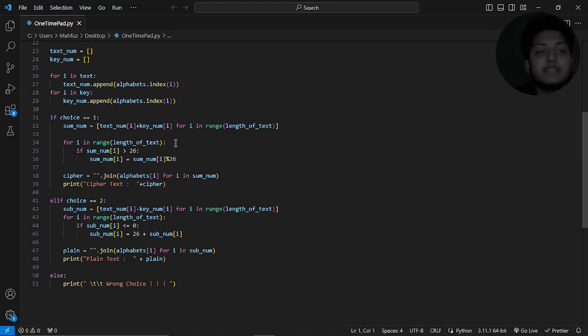Suppose our text letter is Z and our key letter is Y, so 50 comes, which is far greater than our total alphabet length. So if it is greater than 26, we just mod this with 26 to encrypt our plain integer number and keep it in that sum number